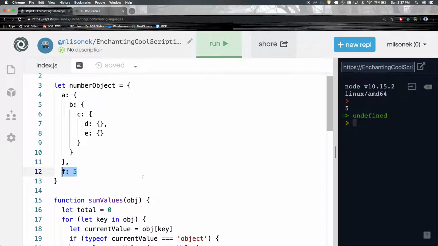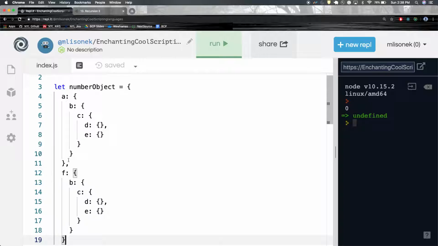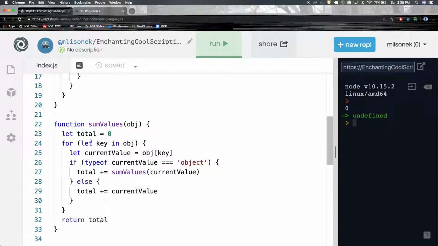Because this is the only number. Instead of f being just a number, if it was a nested object, could you walk us through how you do that? So it still works. But after we're done finishing this one, the next iteration of this for in loop would